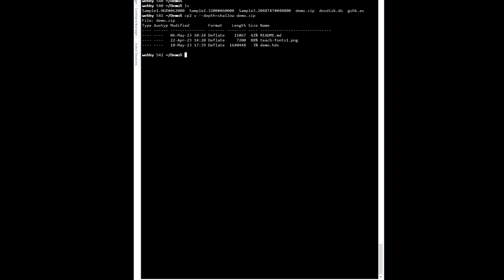I wanted to do a quick demo of a program that I've been working on. Suppose we've got this zip file that we want to take a look at. I'll explain the shallow part in a second here. So we look at it and it's got a README, a ping, and it looks like a hard drive image. So if we want to take a look at that,